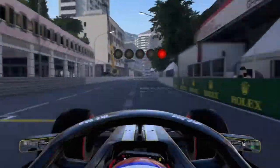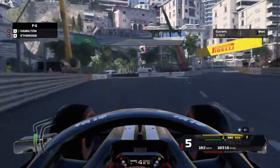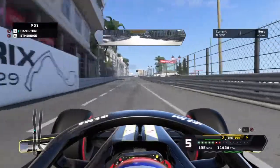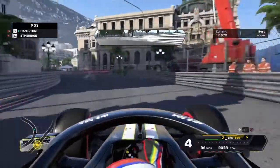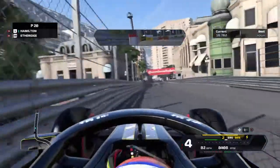Let's get qualifying underway then for the Monaco Grand Prix. I did eventually manage to get all of the practice programs done. Definitely struggled with a few of them in this car. Don't really have the grip or the downforce needed for this circuit, but trying to do the best I can. I've got an aerodynamics upgrade now coming in for the Canadian Grand Prix, so that might bump us up the